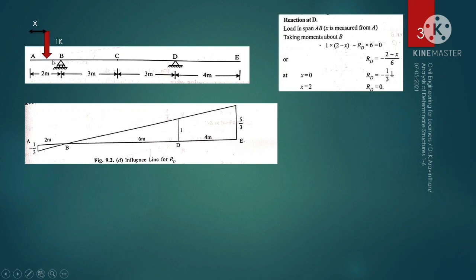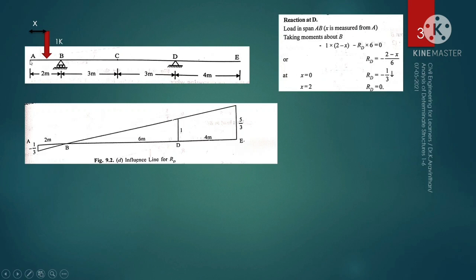And 1 into the distance. So what is this distance? The total distance is 2 minus x, so you will get the remaining distance. So 2 minus x into 1. This will also be anti-clockwise, hence it is written as negative. And if you need RD, you can take this outside and you will get minus (2 minus x) divided by 6. If you get this equation, you can apply it for the members A and B.